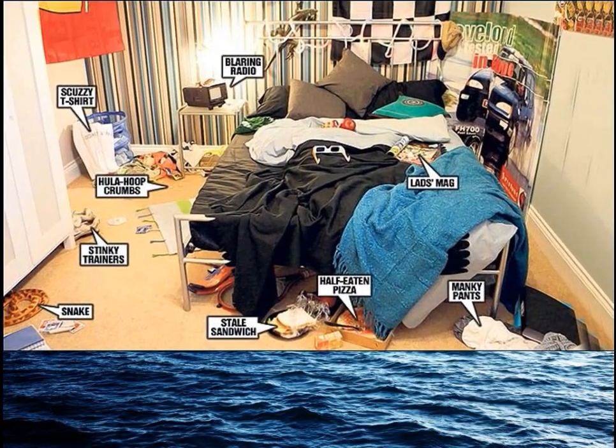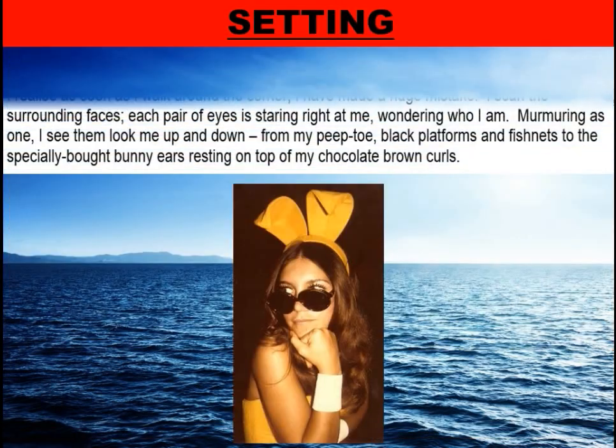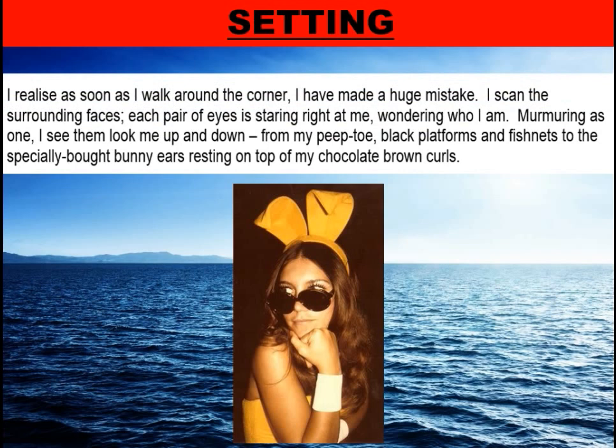bedroom. However, if you describe these sort of things, stinky trainers, a stale sandwich, a pizza, a lad's mag, car photos, blaring radio, it would probably infer to the reader that this is a boy's bedroom. So the way you use your first paragraph to describe the setting will tell the reader a lot about your narrative. So if we look at the setting of the A-star example, it says,